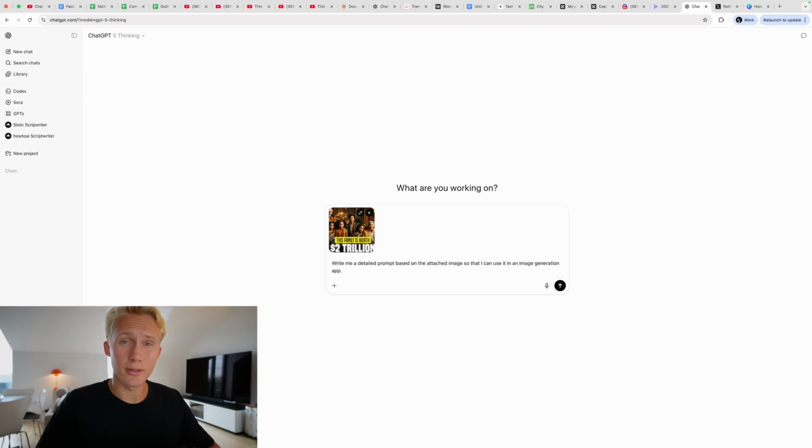ChatGPT is very strict when it comes to content policies. You can definitely get around it if you sit and prompt with it for a while, but this will save you the most time, since you'll get a prompt based on the image. Then you can just generate it, get something very similar, and do the last touches like the text and stuff in Canva.